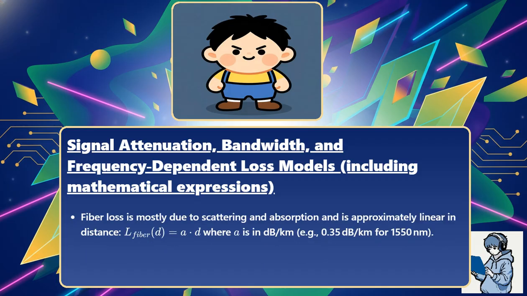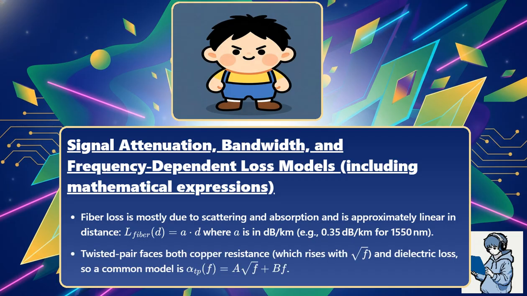Fiber loss is mostly due to scattering and absorption and is approximately linear in distance. L fiber of d equals A times d, where A is in decibels per kilometer. For example, 0.35 decibels per kilometer at 1,500 nanometers. Twisted pair faces both copper resistance, which rises with the square root of f, and dielectric loss. So a common model is alpha TP of f equals A times the square root of f plus B times